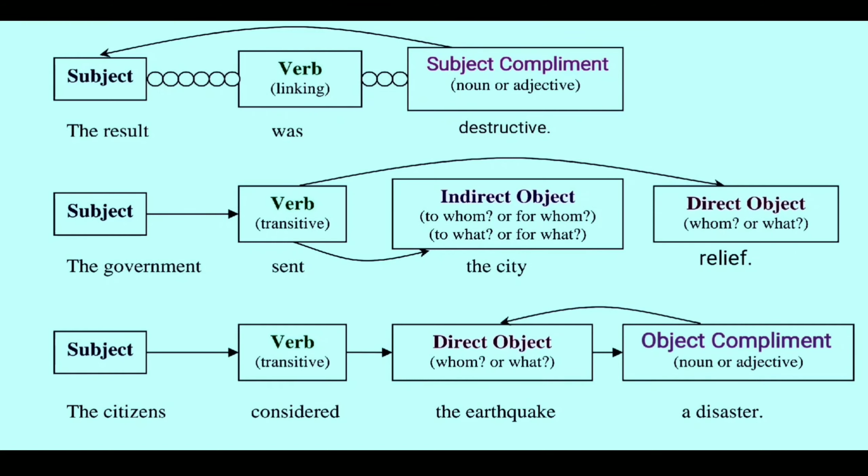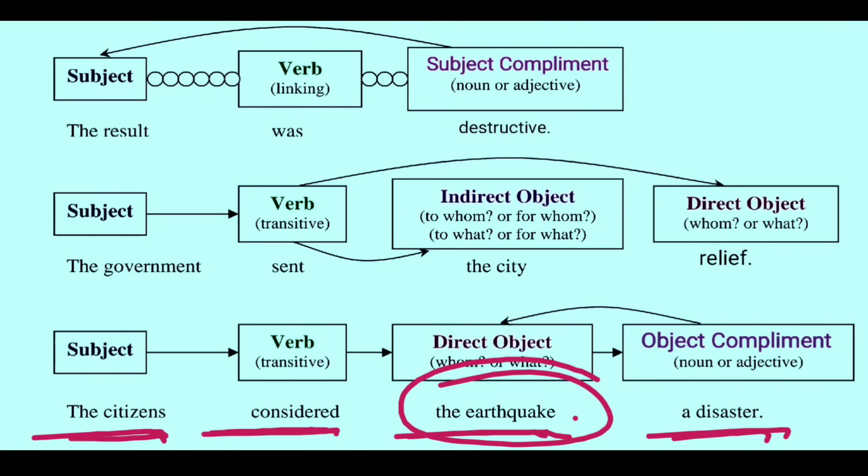Okay, the sentence is the citizens considered the earthquake a disaster. The citizens considered the earthquake a disaster. We cannot put a full stop after the earthquake, which is the object here. The citizens considered the earthquake dash. What? The sentence seems incomplete. And after earthquake, whatever word, that may be a noun, that may be an adjective, we are using here a disaster, a calamity, a misfortune, whatever word we are using here, that will act as an object complement